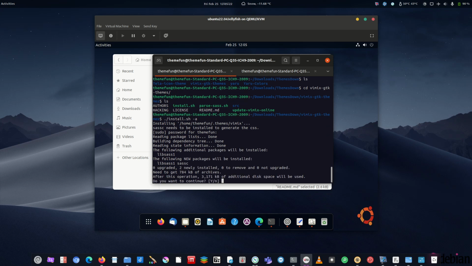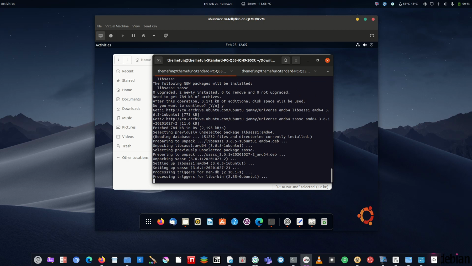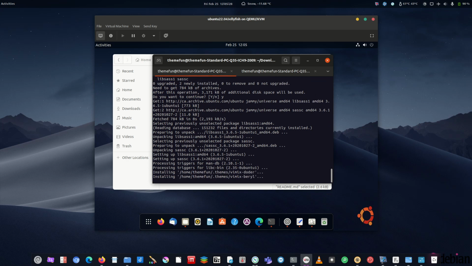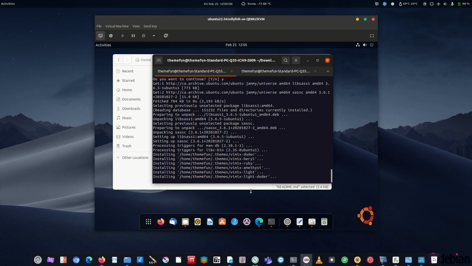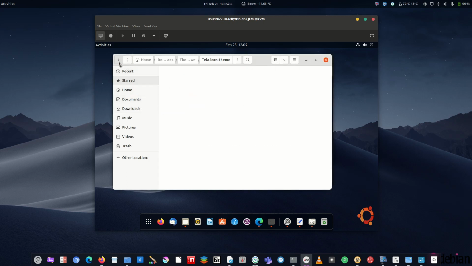Okay, so it's just going to put the package on and then install that theme, so that sounds good. So just let the installer script run. This is just from the theme maintainer, putting all of that on. The other two, if I go back, were